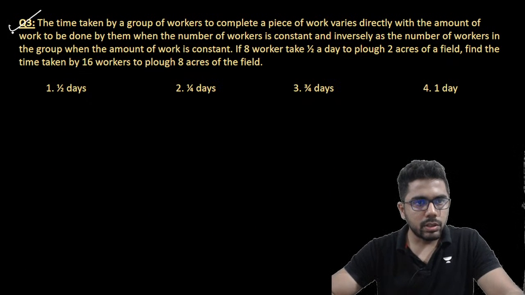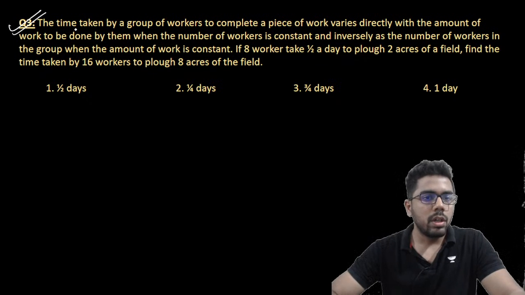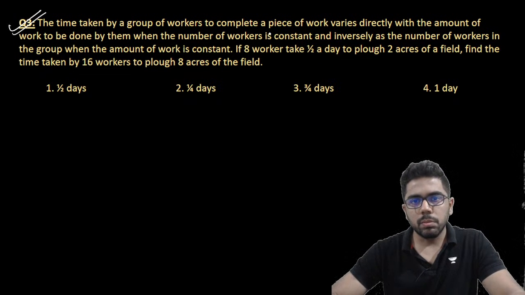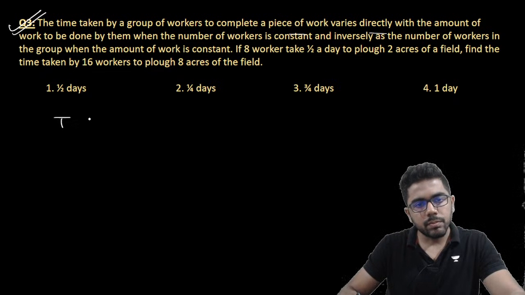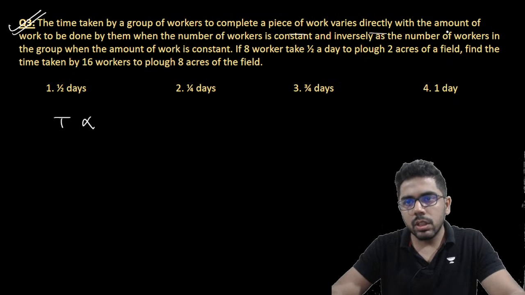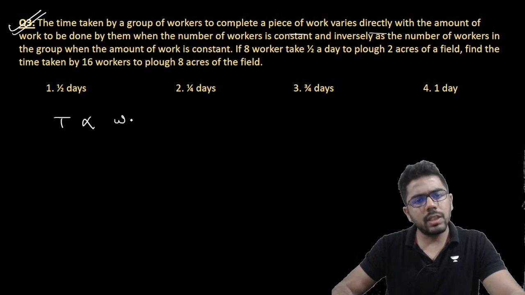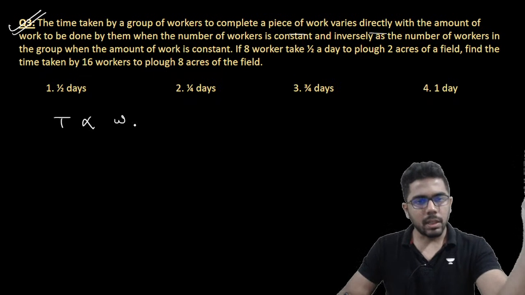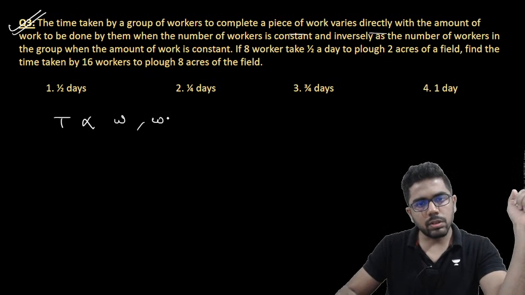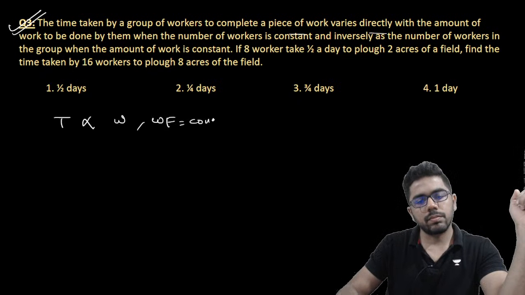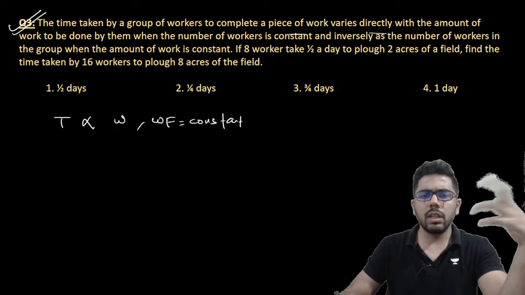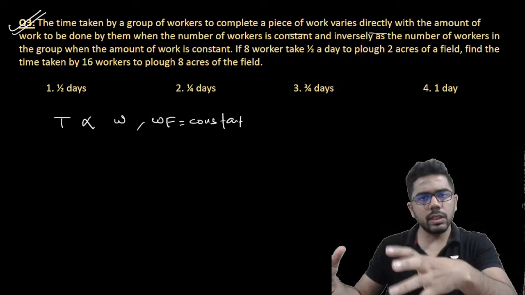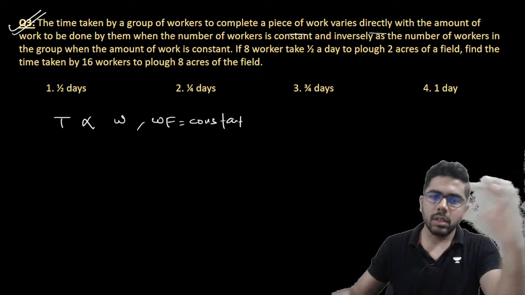Then let's take a look at this one. Time and work. The time taken by a group of workers to complete a piece of work varies directly. So time T varies directly with the amount of work. So T, let's say W is the amount of work. तो जितना ज्यादा काम उतना ज्यादा टाइम लेगा. If the number of workers, तो workforce is constant. This is perfectly logical. अगर number of people working is same, ज्यादा काम है तो ज्यादा टाइम लगेगा, वही बोल